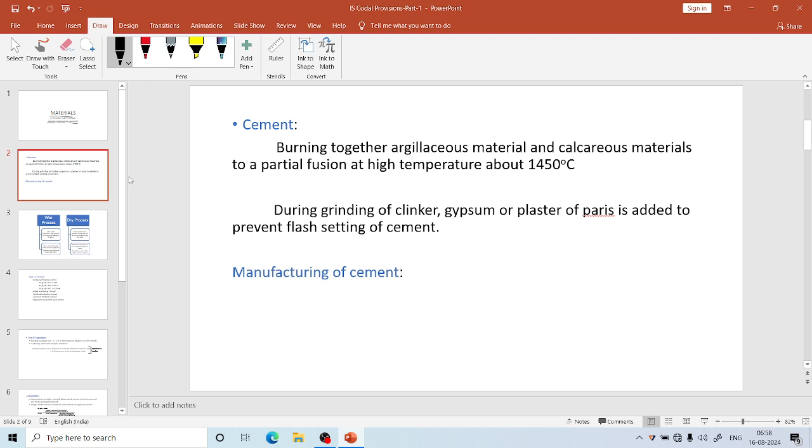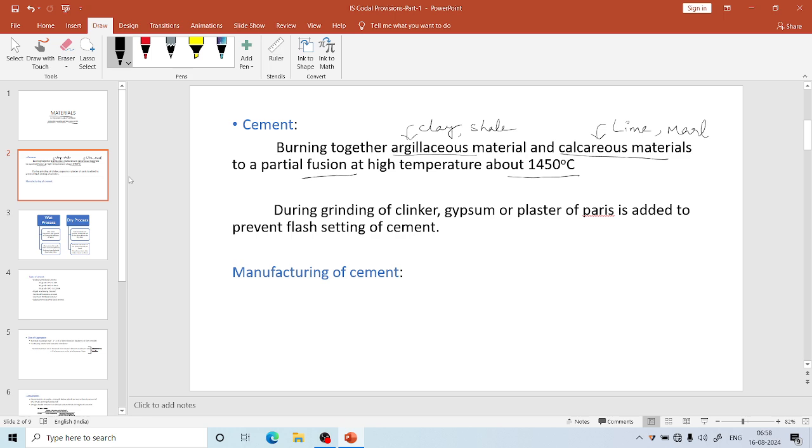So cement, what is cement? Cement is a combination of argillaceous materials and calcareous materials. So what is this argillaceous material? Argillaceous material is like clay, shale, etc. And calcareous materials are like lime, marl, etc. When we combine them and burn them together at high temperatures, about 1450 degrees centigrade, in kilns, they fuse